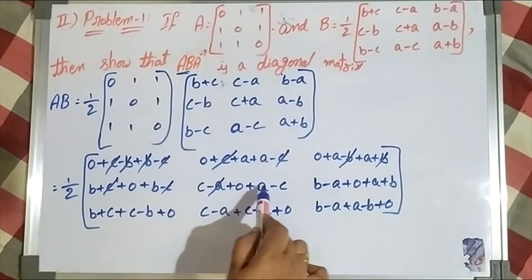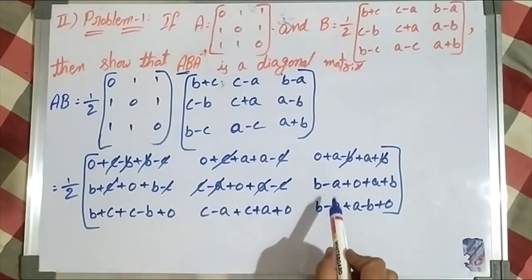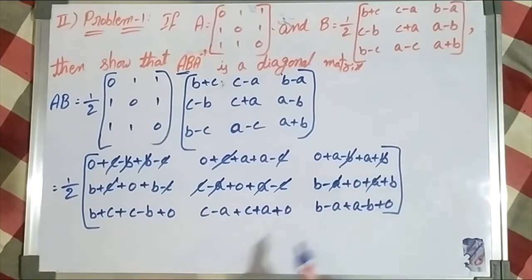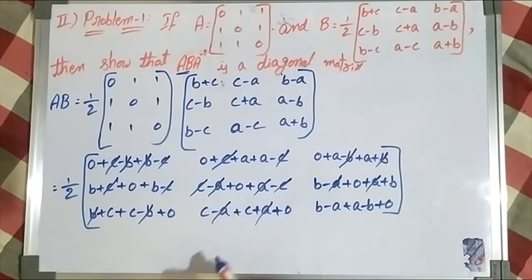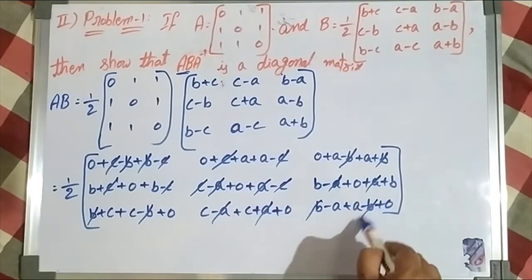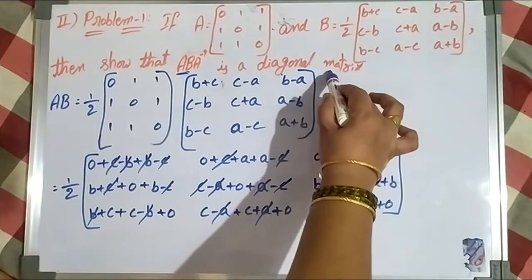Here plus A minus A plus C minus C get cancelled. Here minus A plus A get cancelled. Here minus B plus B get cancelled. Minus A plus A get cancelled. Minus B plus B, minus A plus A get cancelled. Then this multiplied matrix is equal to